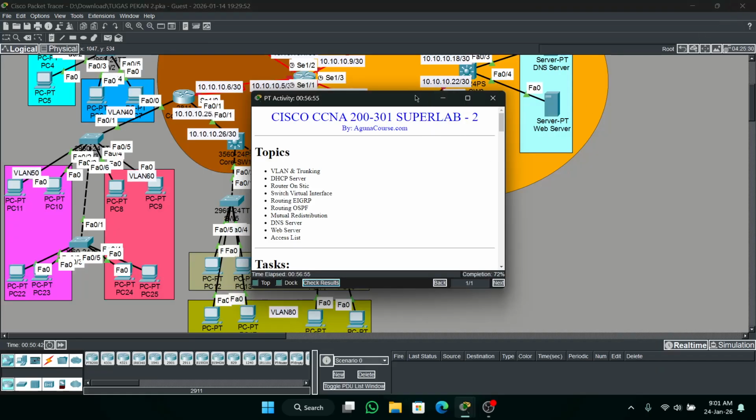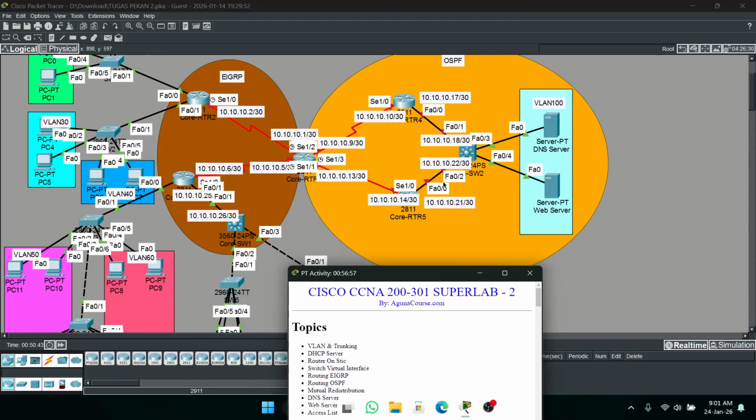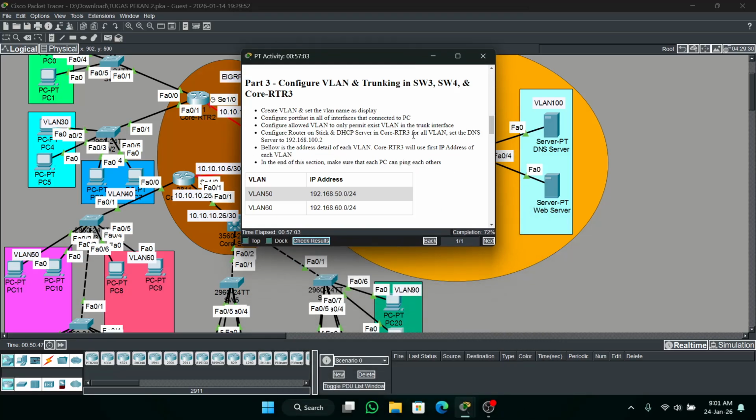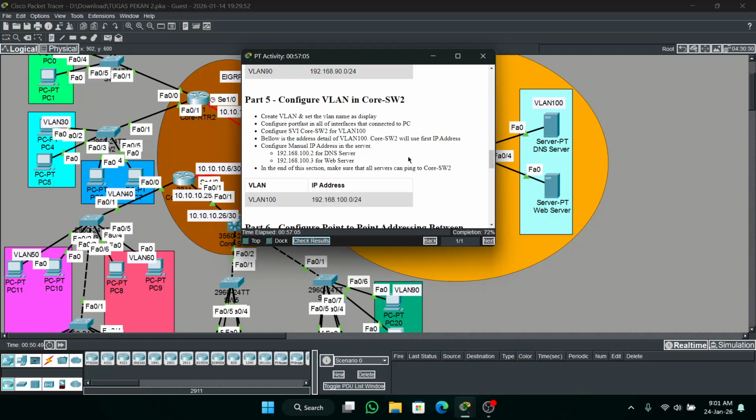Next we go to the last switch, this MLS switch. VLAN. Oh, so here we don't need the DHCP server.